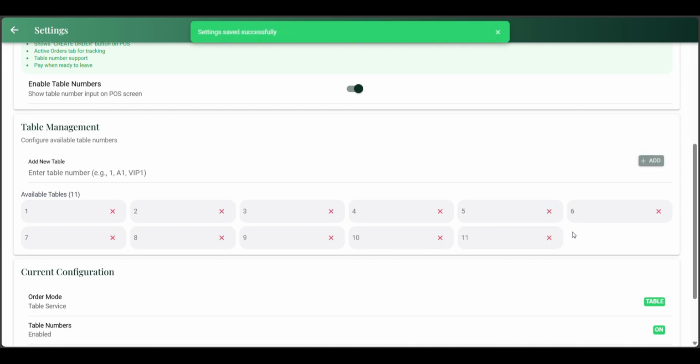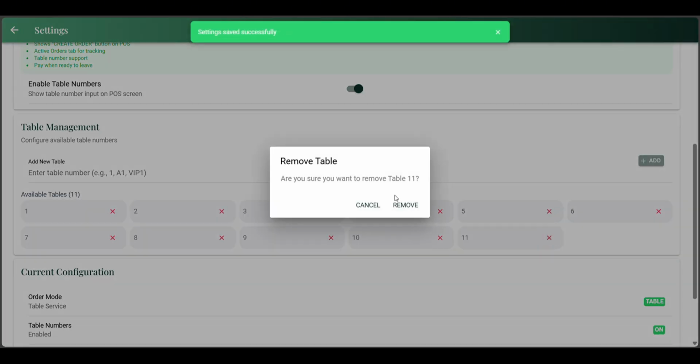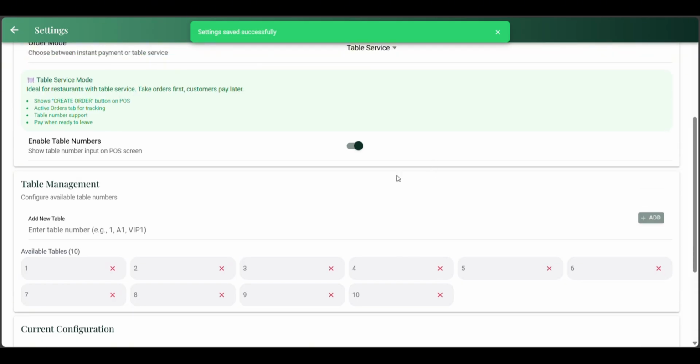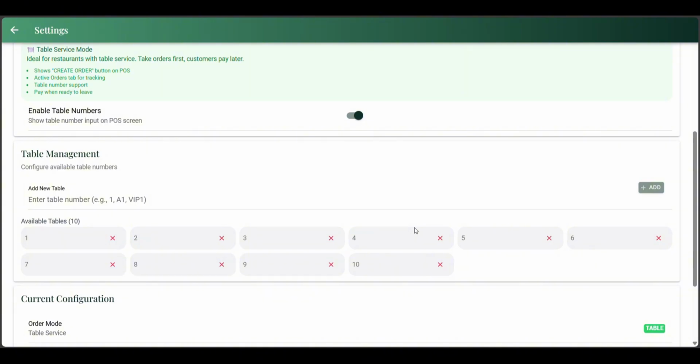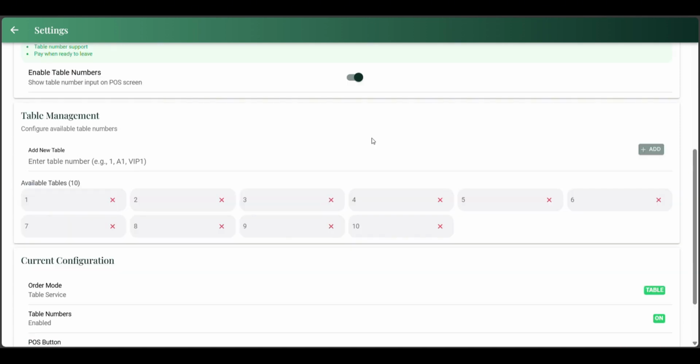Suppose if there are 11 tables, you can add another table over here, or if there are only 10 tables, we can adjust it over here. So this is the table service mode, where the order will be created and the payment will be done only after the customer is about to leave the store. So this table service mode is used to create an order and get a payment only at the end